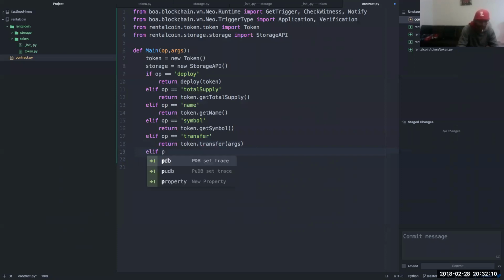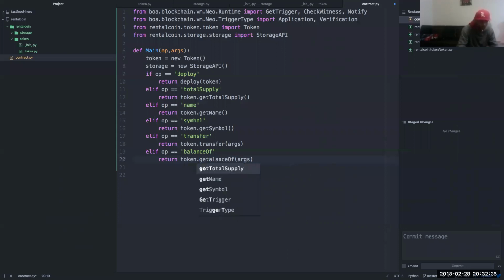If equals balance of, return token dot balance of args, or rather get balance of.